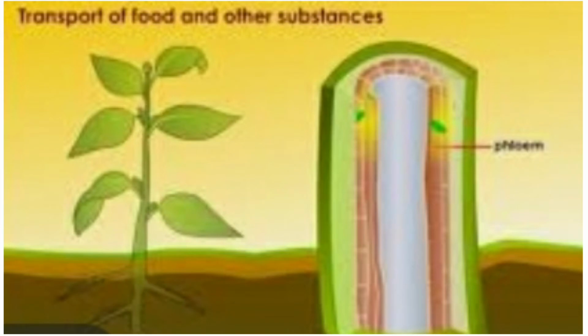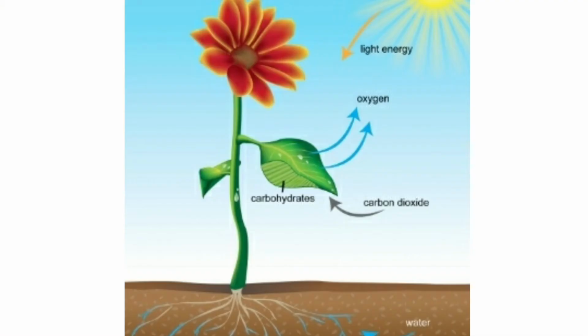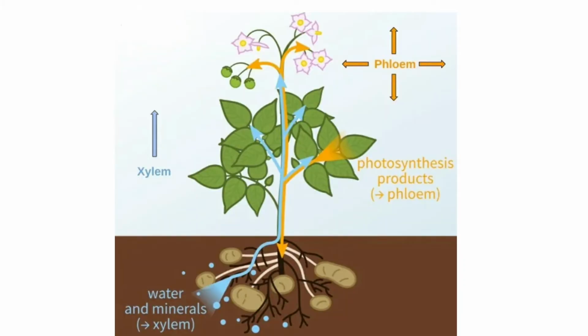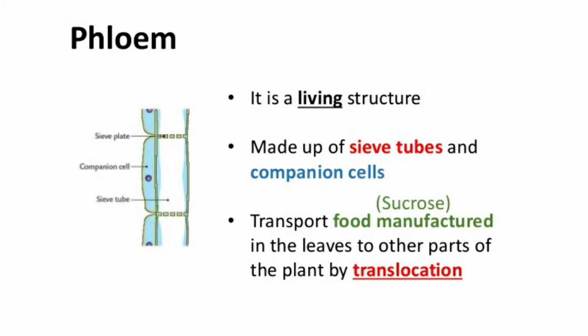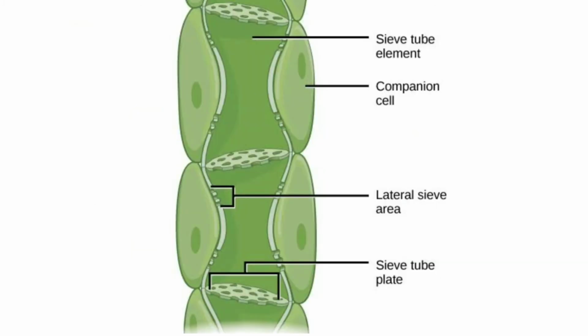Let us now move on to understand transport of food from leaves. Sugar molecules are manufactured in the green leaves of a plant, and this is by a process called photosynthesis. After they are synthesized, the sugar molecules are transported throughout the plant. Phloem does this duty. The transport of soluble products of photosynthesis, that is, the sugar molecules, is called translocation. We have already studied about the phloem.